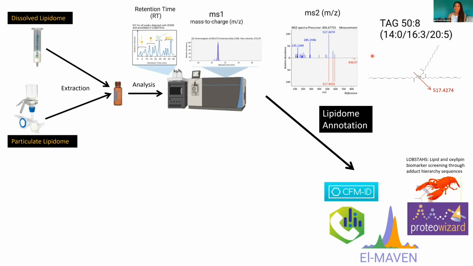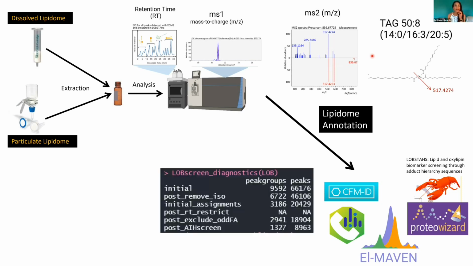Lipid annotation is not trivial. This is the hardest part of lipidomics and metabolomics. And this is because you're looking at thousands of unique compounds that you don't have an authentic standard for every single one, and they don't even make them. So a lot of times you really are relying on predicted fragmentations from in silico libraries. To give you a sense of the data reduction,